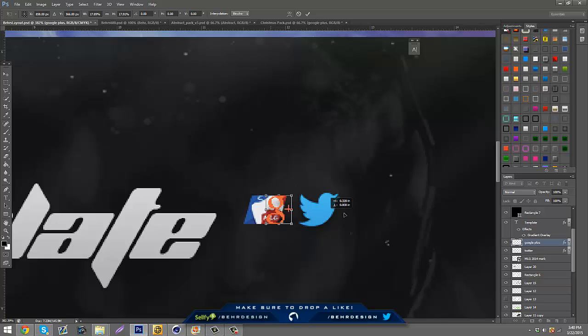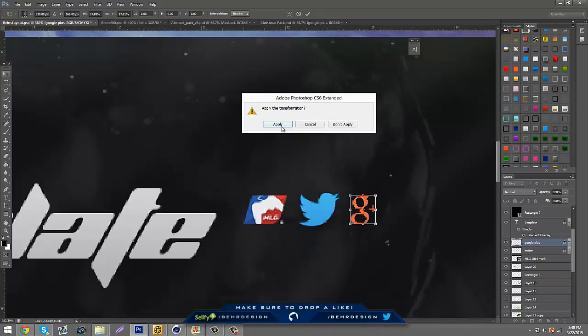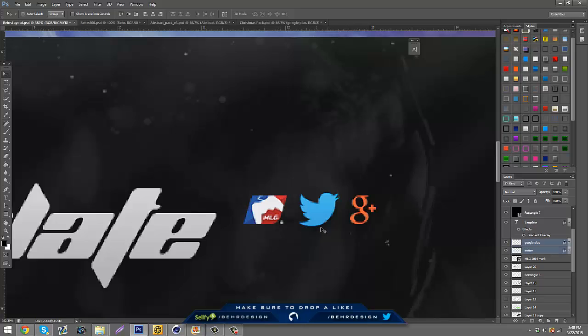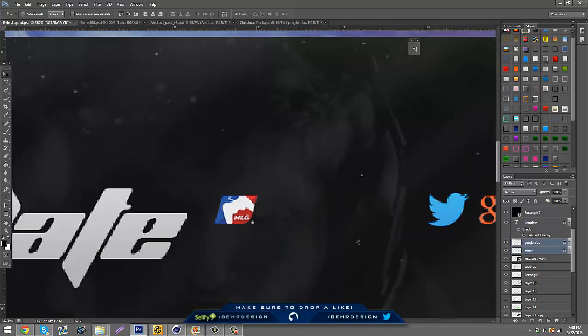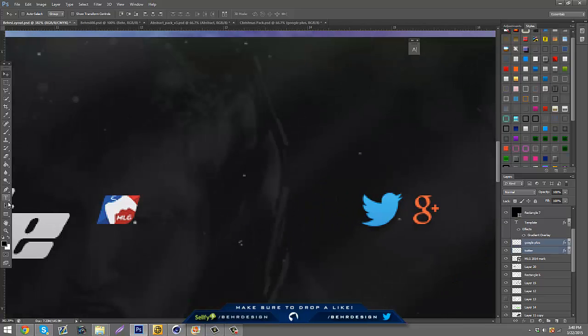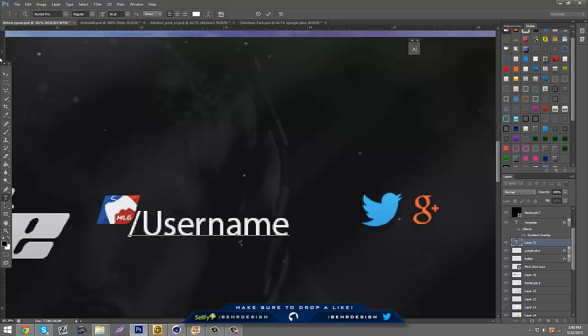Alright. And then you can just put those there. So what you can do is just take these 2 and push them to the side. And then start with the links, and you can put this on my Riyadh Pro. Put the size down to about 30. And be like slash. I can change font. You can just put username.